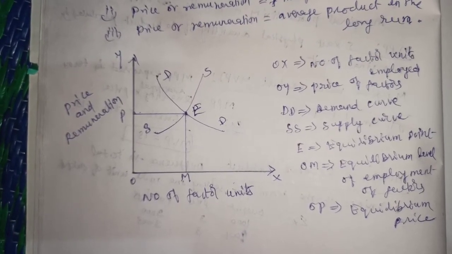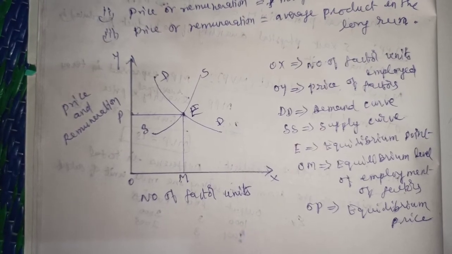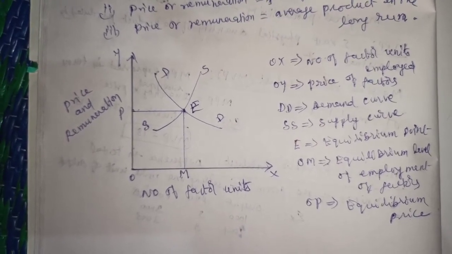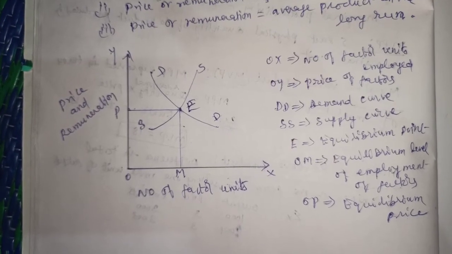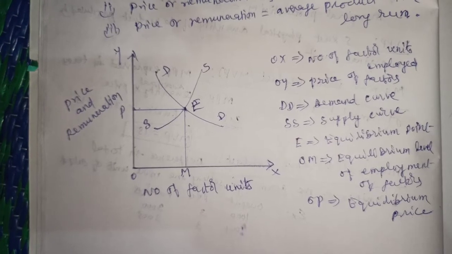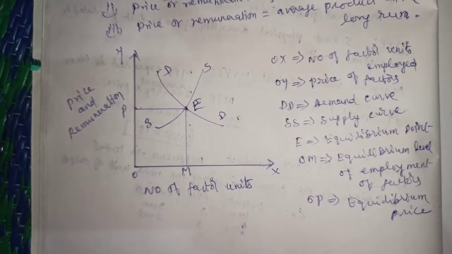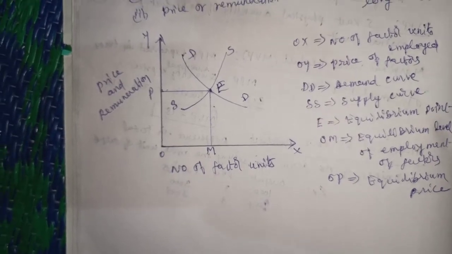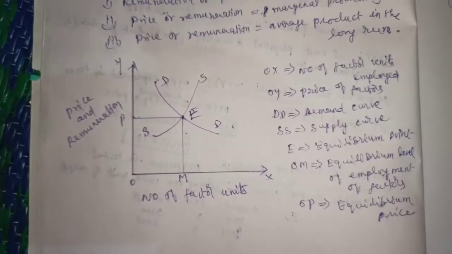Then when the supply and demand curves intersect each other, the equilibrium point is determined. The equilibrium level of wage is fixed. This OM is the equilibrium level of employment of factors, and OP is the equilibrium level of price. And now we can look at